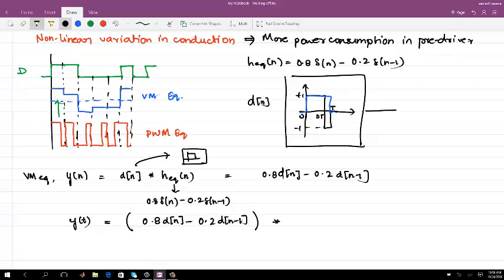This whole thing is convolved with your pulse waveform p of t, which in the case of voltage mode equalization is equal to u of t minus u of t minus T, where T is your bit period. Did you get this part? The actual transmit waveform is not like a single impulse. The actual transmit waveform is a whole pulse which you transmit for one bit period. Okay, so